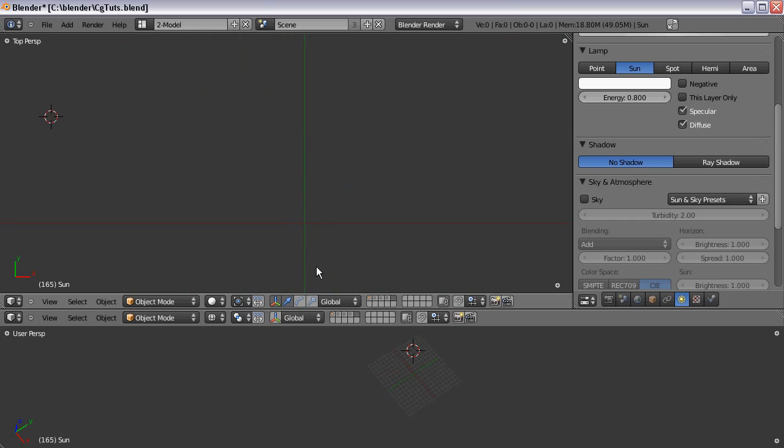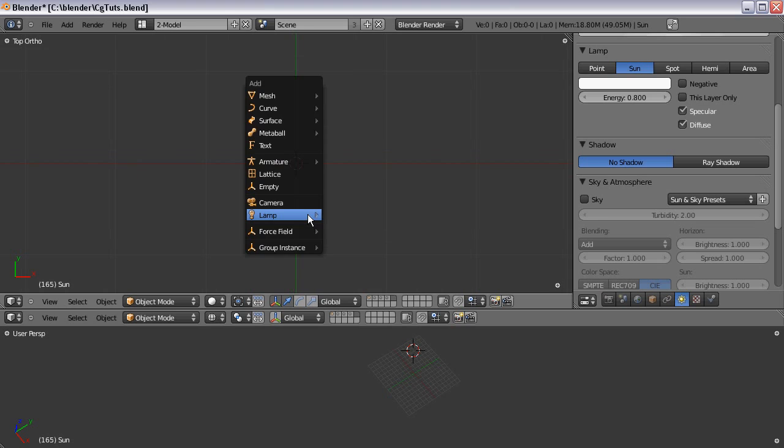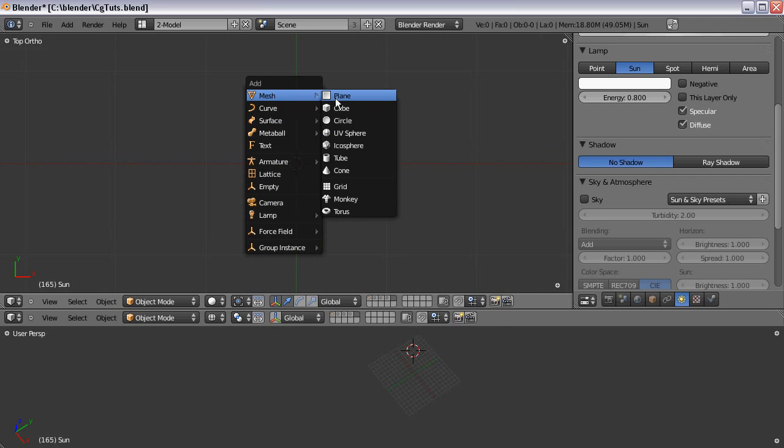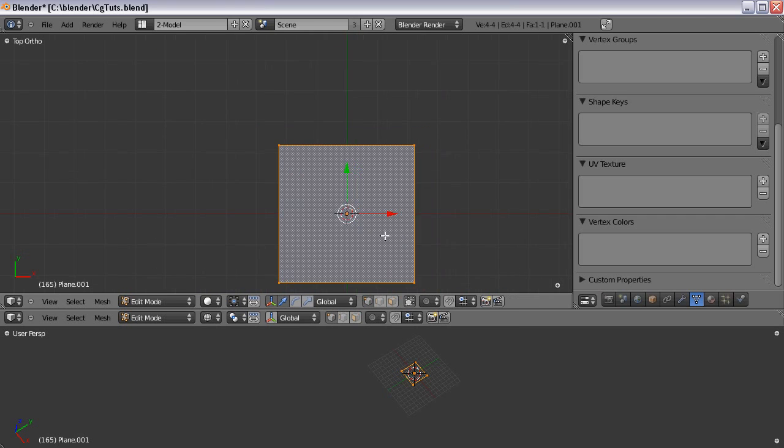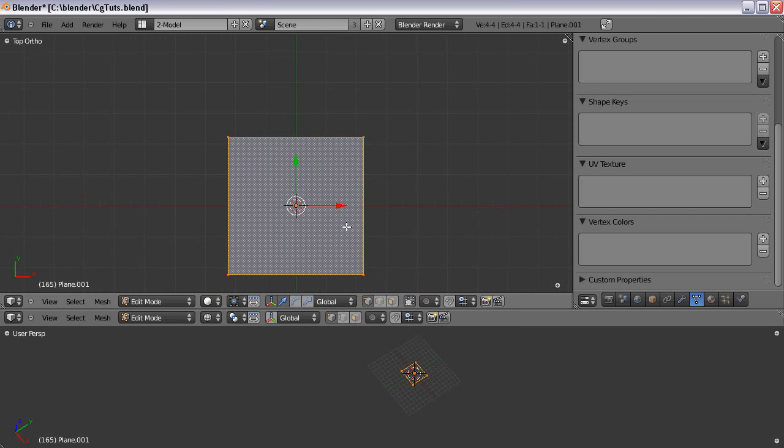So I'll go to a new layer, press Shift C to get the cursor back to the center, and press 5 on the numpad to get back into orthographic view, and press Shift A to get a new plane. Scale it up a little by pressing S, press Tab to get into edit mode, press W and subdivide it